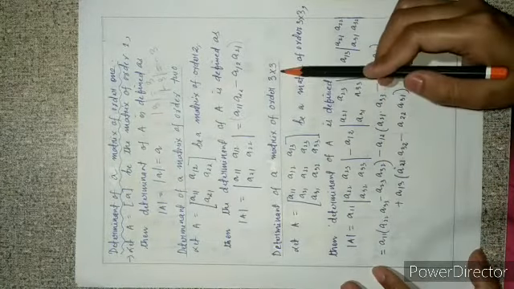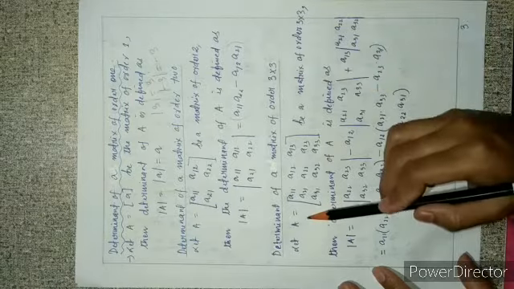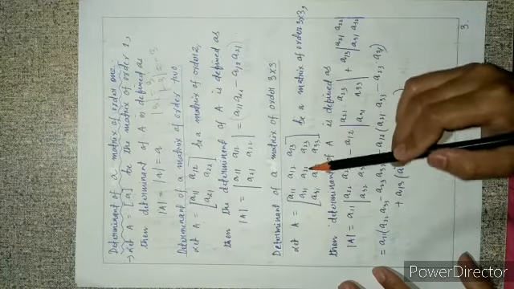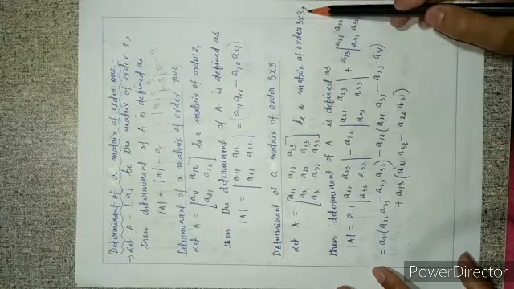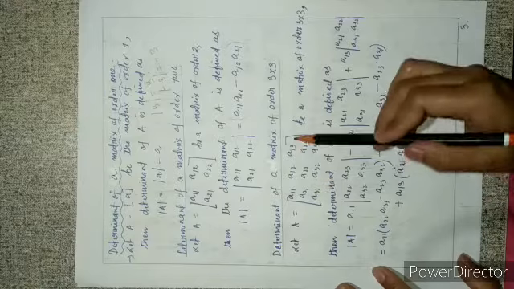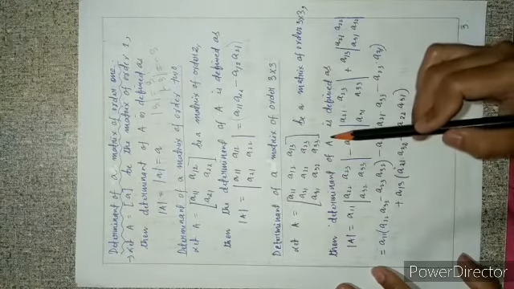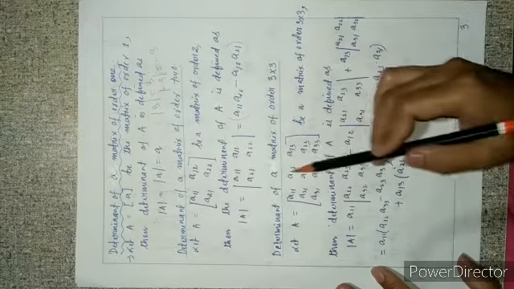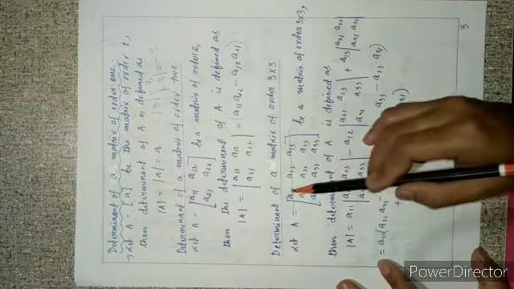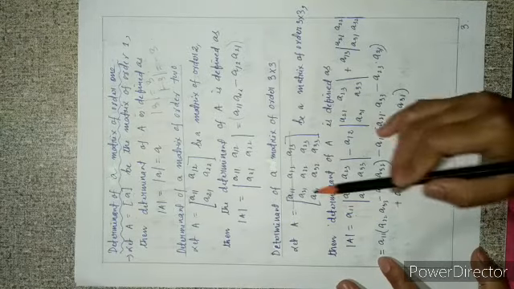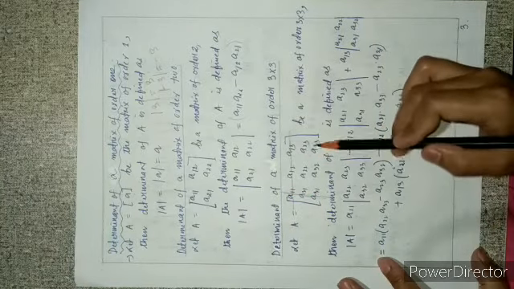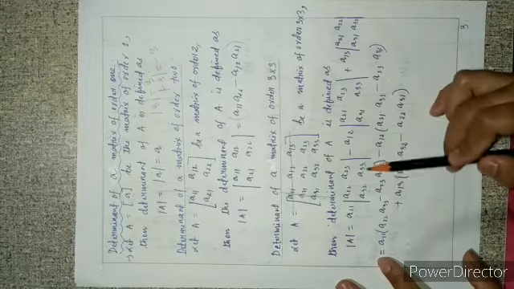Next, the determinant of a matrix of order 3. Let A be a square matrix of order 3 whose elements are a11, a12, a13, a21, a22, a23, a31, a32, a33. Then the determinant of A is defined as follows. The number of rows and the number of columns must be equal, and we can expand along any one of the rows or any one of the columns. Expanding along the first row, first write a11, then write the determinant obtained by deleting the first row and first column in which this element a11 lies: a22, a23, a32, a33. Then write minus